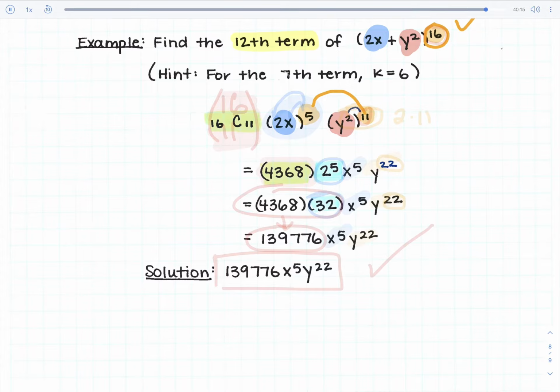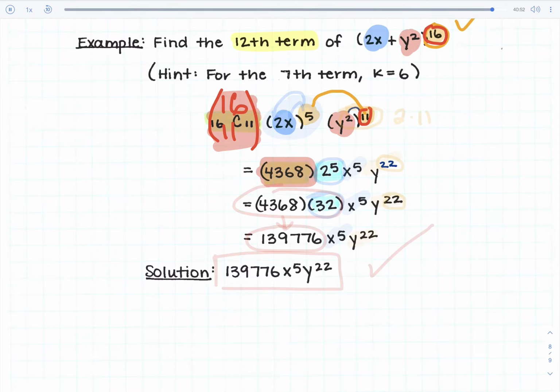Now the only part that should be a little bit confusing is how you come up with the combination that goes out in front. Remember, the combination always starts out with the exponent, which is the 16 on top. And then on the bottom goes that second exponent, the one that was working its way up, which was an 11. So that's what's going to go on the bottom. So you'd go to your calculator and do the combination with the 16 and the 11, which would give us